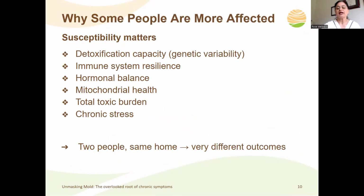For example, in the same family where there has been a leak, let's say in the basement, there's just one person or maybe two people who are not feeling well, and everybody else is doing okay. So then it's like, okay, what's wrong with you? We had the mold, we cleared it, so why aren't you well? But everybody else is okay at home. So what happens is